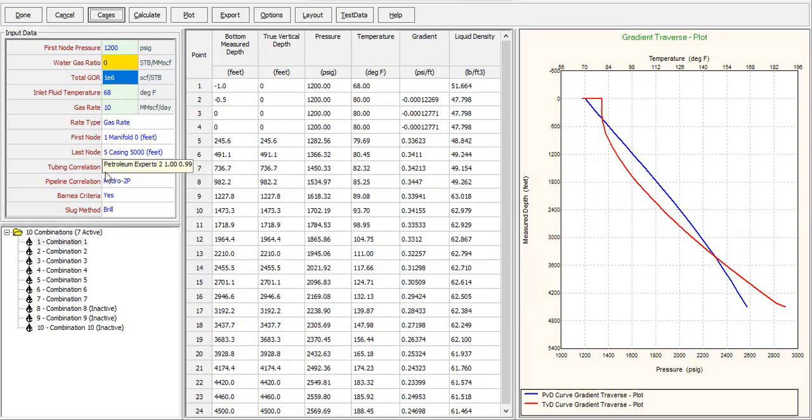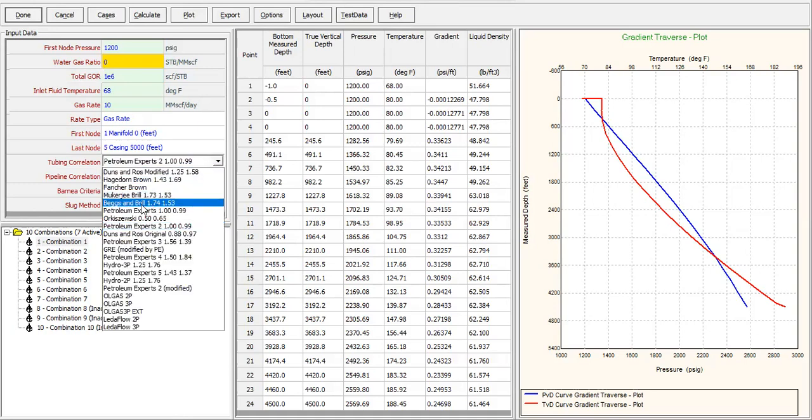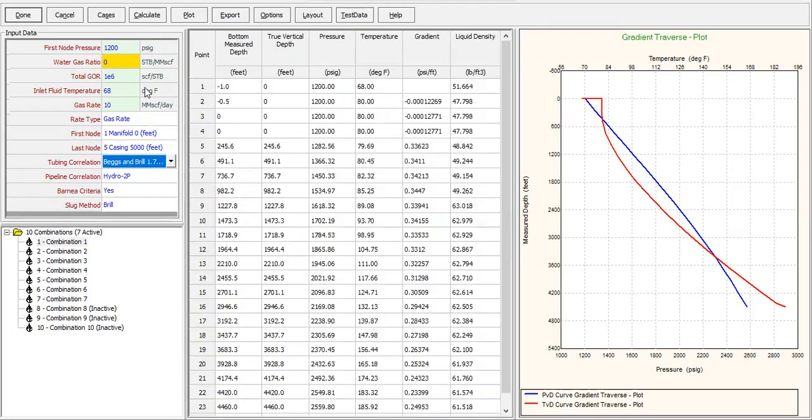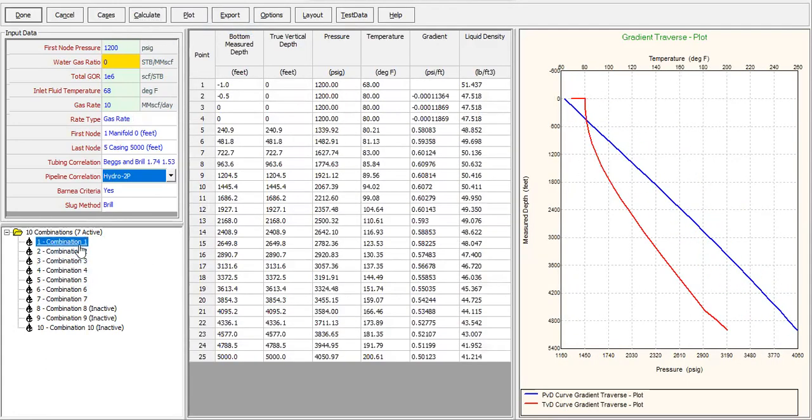Again, I will use here, I use petroleum experts. Okay, what will happen if I change it to Beggs and Brill? Okay, I read in some papers they use Beggs and Brill. Calculate. All right. Okay. So basically for this one,